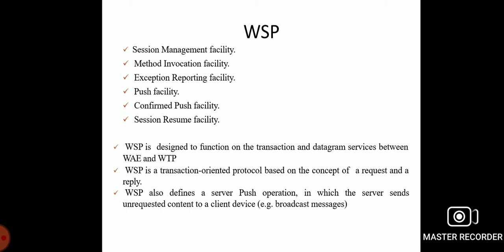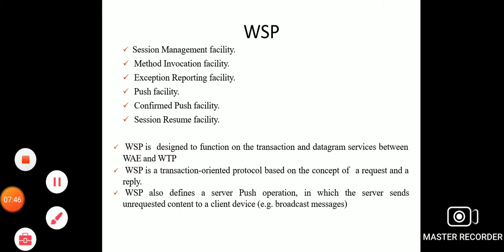That is a confirmed data push with an existing session context, a non-confirmed data push with an existing session context, and a non-confirmed data push without an existing session context. And also the asynchronous request: optionally, the Wireless Session Protocol browser supports a client that can send multiple requests to a server simultaneously. This improves the efficiency and latency of the client and the server.